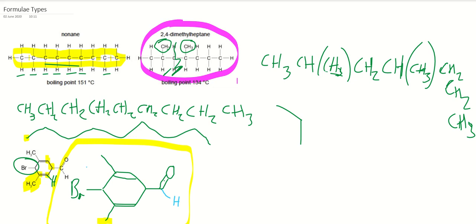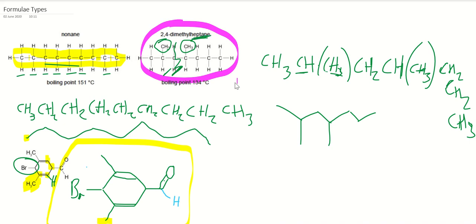Apart from this carbon, you draw the line from the carbon-carbon bond, that's it. And then the rest of the chain is coming from this carbon, remember? So this carbon here goes to the next one, which goes to this carbon, which again has a CH3 on, and the rest of the chain on, which goes to that carbon, which is bonded to another carbon, which is bonded to the end carbon. So it should be 1, 2, 3, 4, 5, 6, 7 in a row, which matches the fact it's a